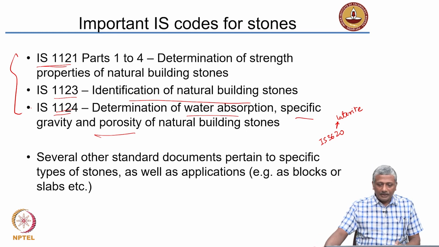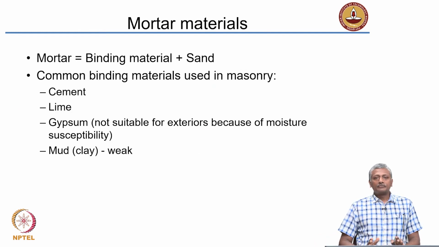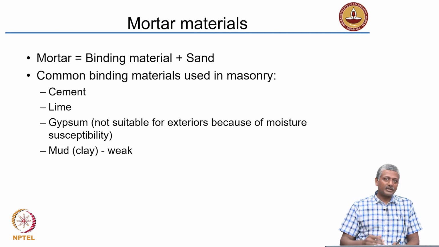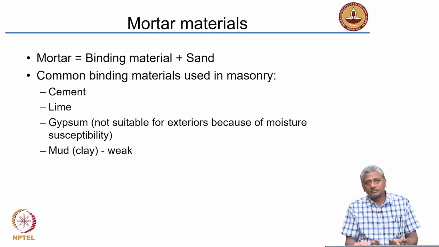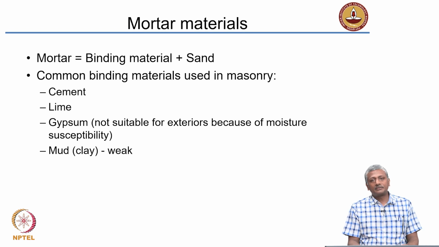Okay. Right. Now, we have talked about brick and stone. Of course, we have not yet talked about masonry. That's a component that I will come upon a little bit later. But I wanted to touch upon the mortar materials that are typically used before that. Okay. Now, mortar is nothing but a combination of a binding material and sand. Now, what do we mean by binding material? A material that glues the sand particles together is the binding material. Now, if you use glue, that's also a binding material, right? A glue with sand will also be a mortar.